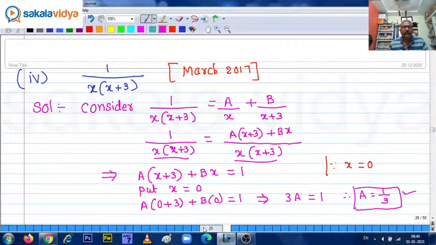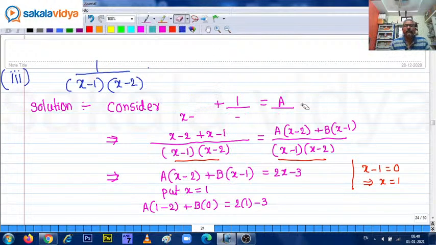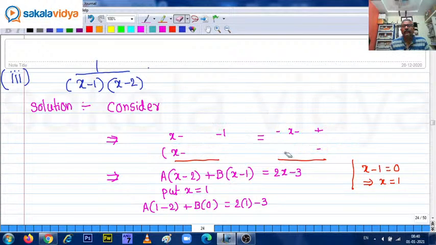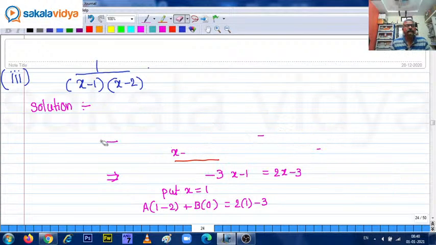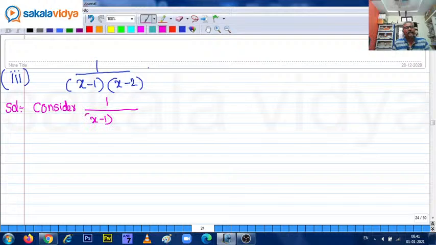Right. For the second question, I think we made some mistake. So let us do it once again. Third question. Okay, solution. Consider 1 upon x minus 1 times x minus 2